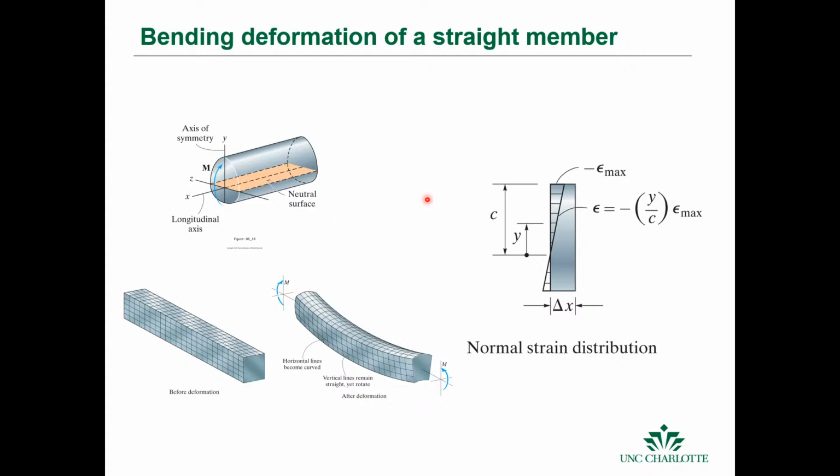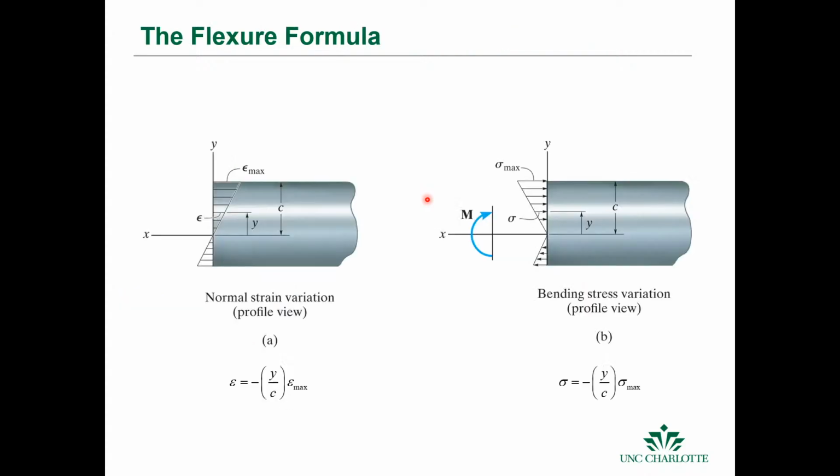When we have a beam subject to an applied moment, it causes a strain in addition to a stress, and the relationship between those two is governed by Hooke's law. The max strain, which you would expect, is at the top and bottom surfaces. Okay, so this is your stress distribution and this is your strain distribution due to an applied moment. And this is the stress on a beam from an applied load.